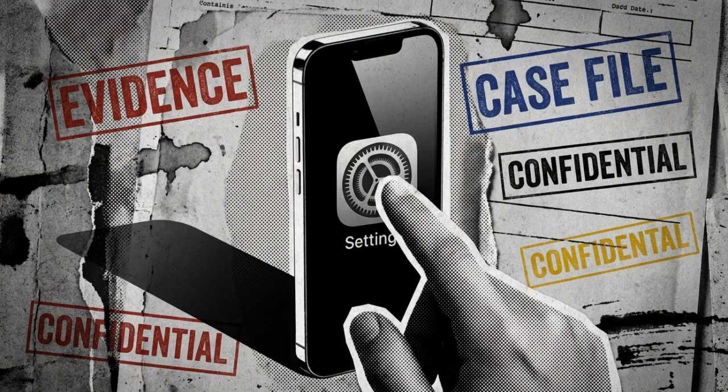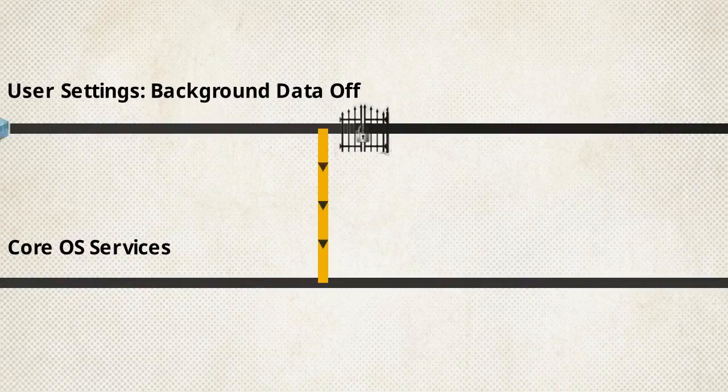To manage how and when our devices communicate, we naturally rely on user interface privacy settings. Many users identified the drain, navigated to system menus, found the Allow Background Data Usage toggle, and switched it off, expecting background transmissions to stop. According to the lawsuit, they didn't stop. Core operating system services were hard-coded to bypass this specific user preference, ensuring the data continued to flow regardless of the toggle's position.